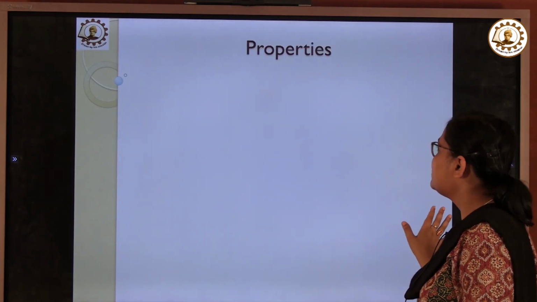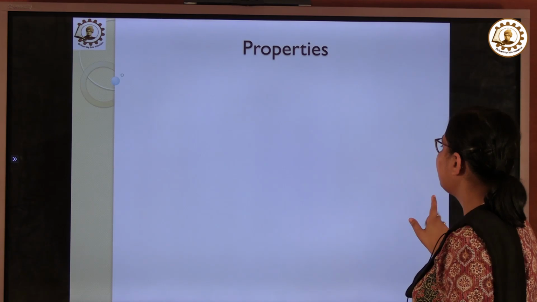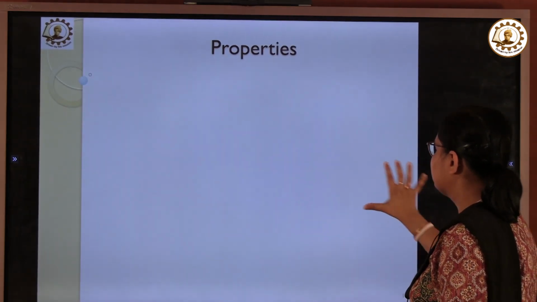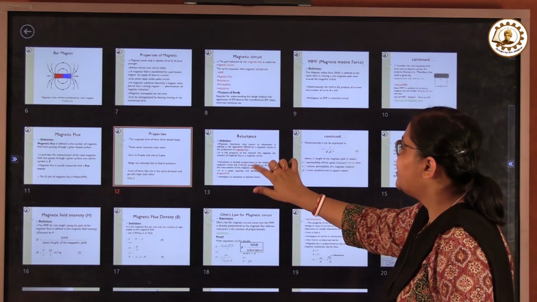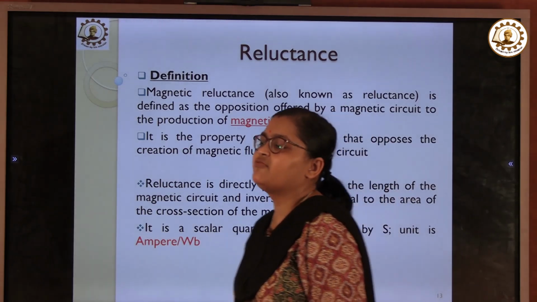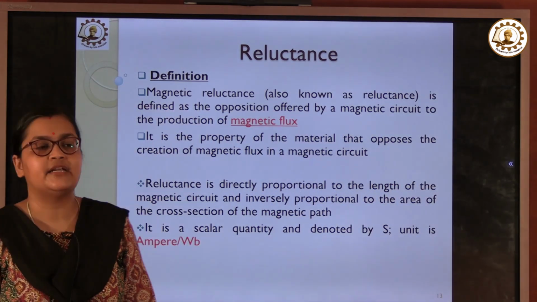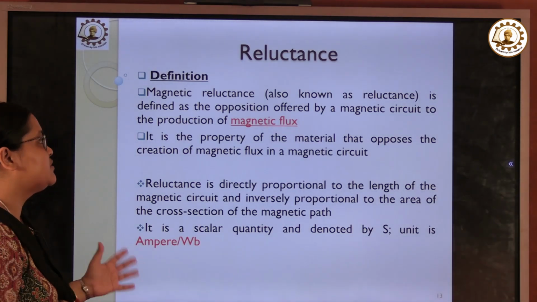Now moving to the properties, I have already told about the properties of magnetic lines of force. So let's move to the next part. What is reluctance? We have already known about MMF, that is the magnetomotive force. We have already known about the magnetic flux. Then we need to know about another important term which is known as